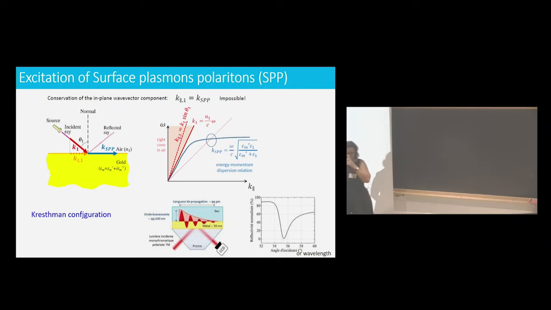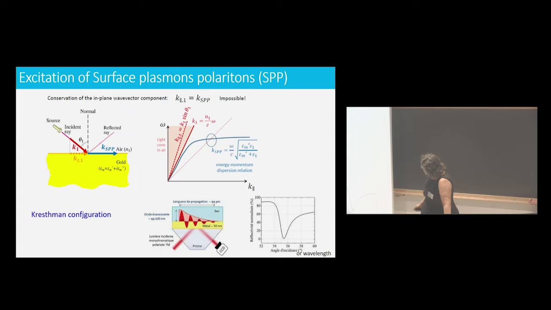So in order to excite plasmons, you have several ways. I will not get into the details. I will just discuss one. So you can use this configuration. I think this is a Kretschmann one. For this, you take two media. You have the metal here, and you take two media. One is high index, so here glass, 1.5, and lower index, water, 1.3. And you illuminate, and here you have a very thin layer of metal, and you illuminate from the bottom. And in that case, as you illuminate from the bottom, and as this is very thin here, you can excite here on this surface the plasmons.